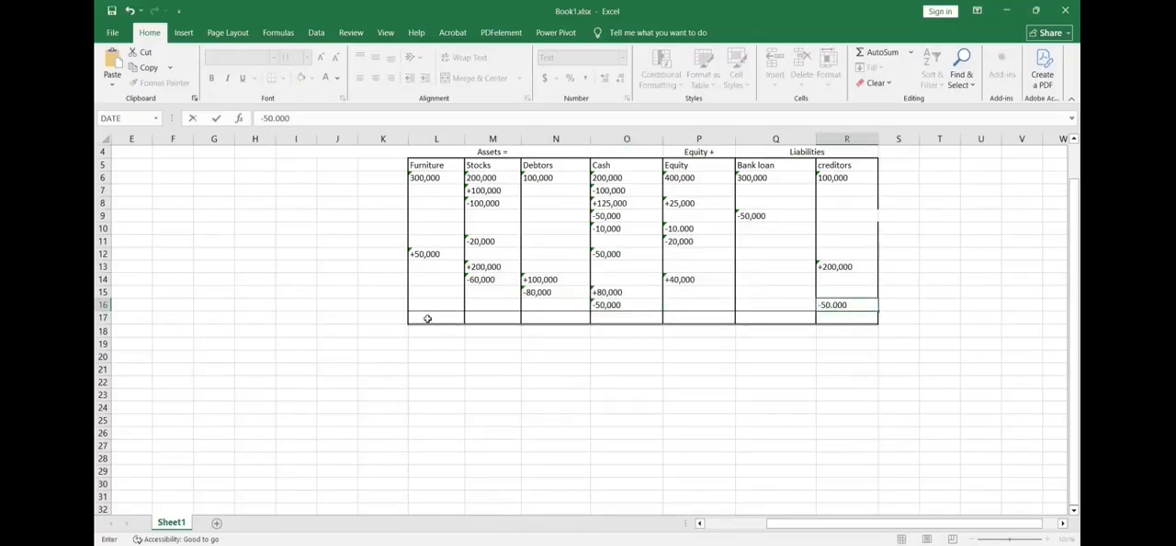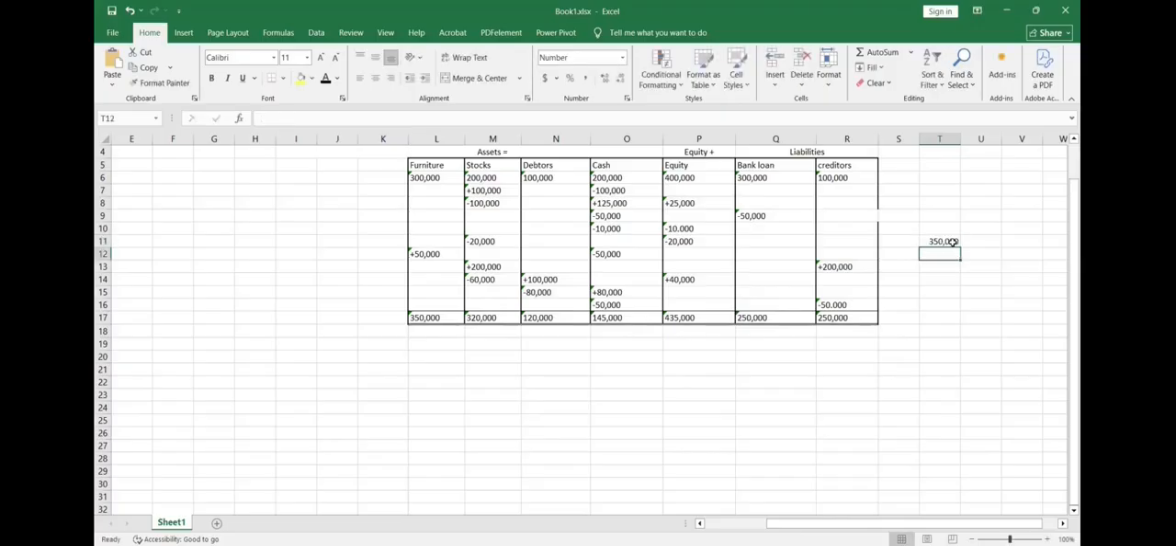Now take the summation of each column. Furniture 350,000, stocks 320,000, debtors 120,000, cash 145,000, equity 435,000, bank loan 250,000, and creditors 250,000. The total asset balance is